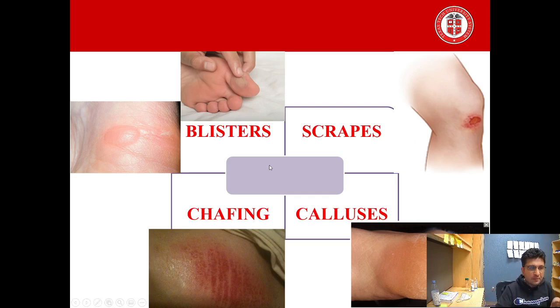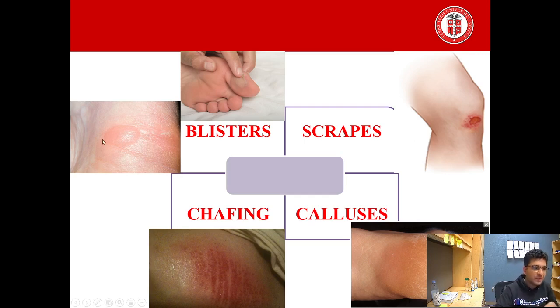So we'll go over them slowly. If you see the first picture, this is about blisters, and blisters are extremely common. All of us have experienced it, and most of the times they just heal on their own. But I'll just want to briefly talk about that in case you want to treat them yourself, what are the